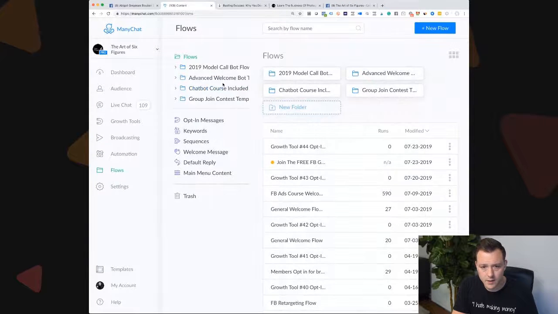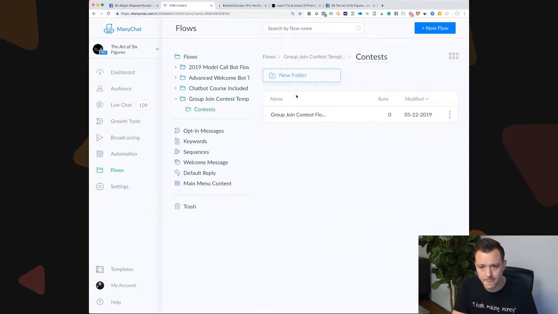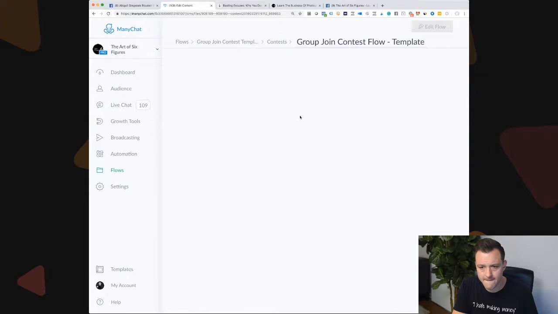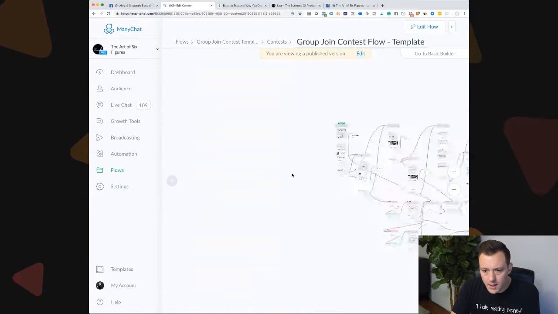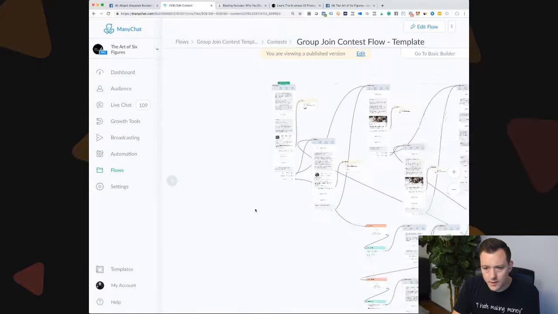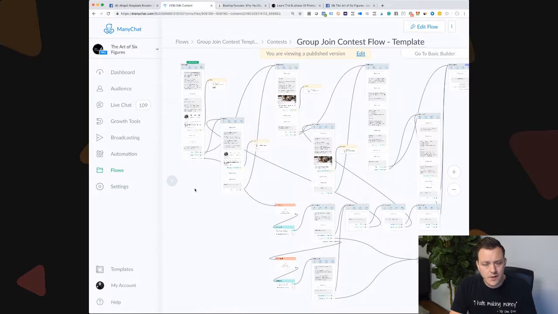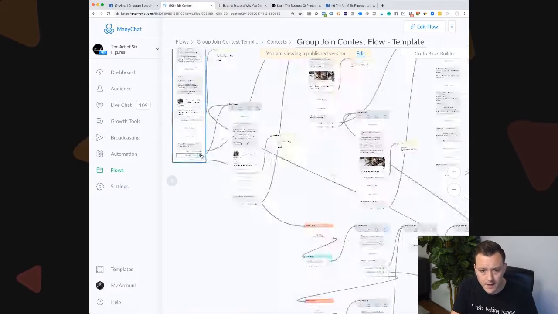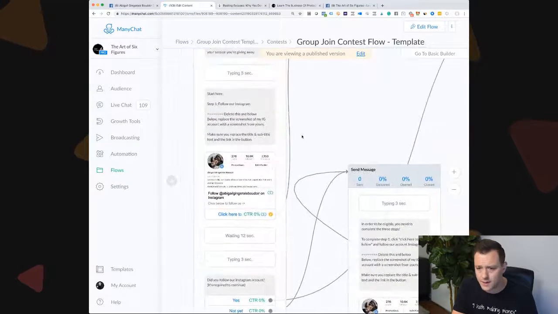That is the group grow contest. All right. So check this out. So this is what we use. If you've seen Erica and Andrea posting in the group recently about their group grow contest, this is what they were using. All right. So basically, right now this is set up for boudoir,